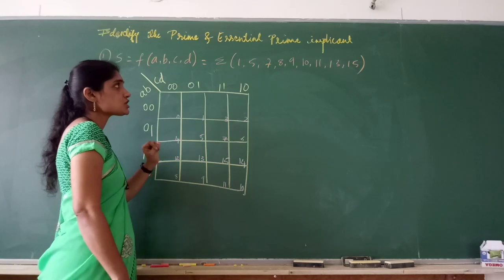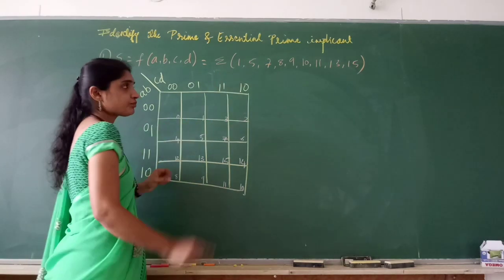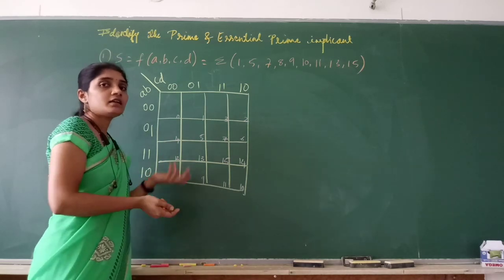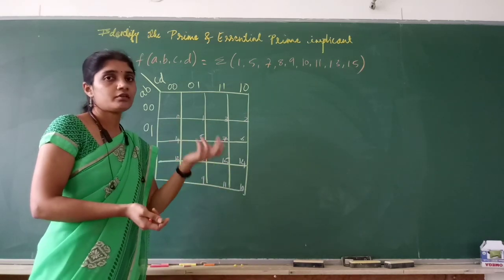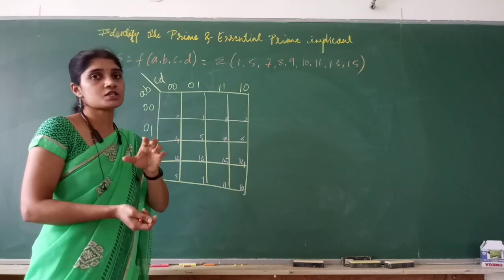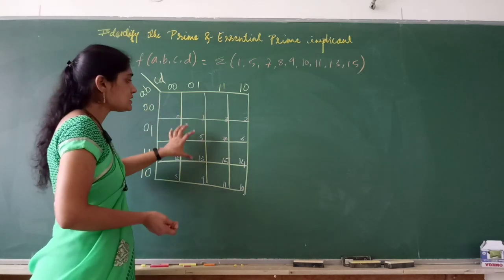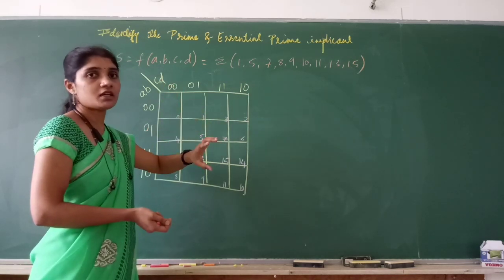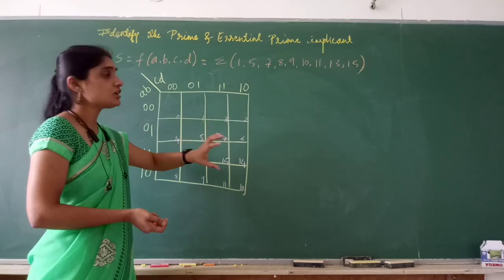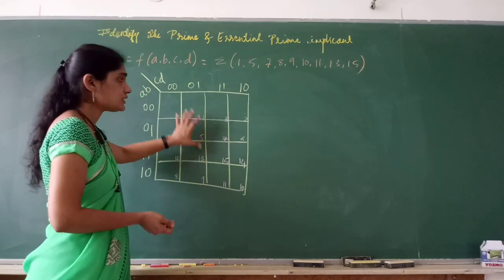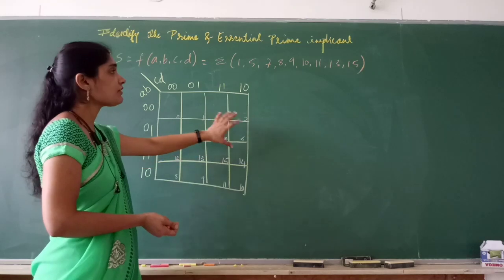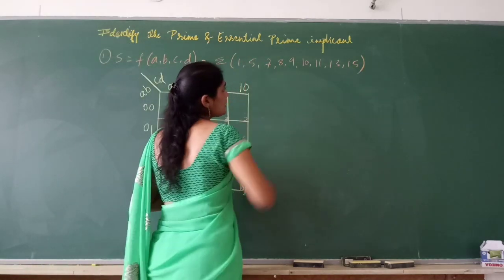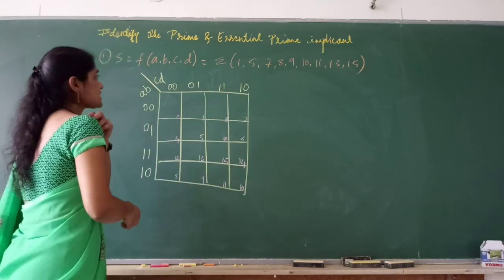To identify the essential prime implicants, I have to simplify this. The terms that are there in the simplified equation are nothing but EPIs, because they are the ones which give us the simplified equation, because we group the cells in the K-map so that at least one min term is unique. Correct? That is the rule of the K-map. Since we group the cells according to the rules of the K-map, the product terms we get in the final equation are nothing but the essential prime implicants. So first let us do that.